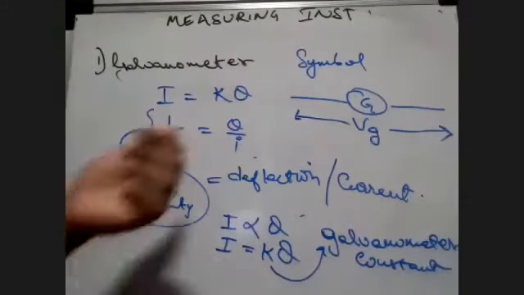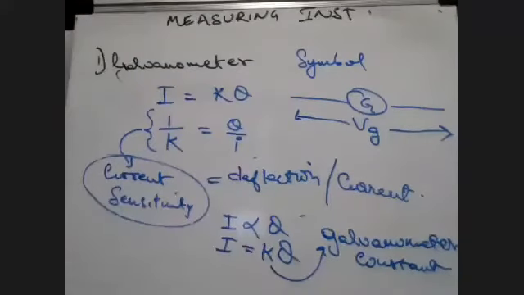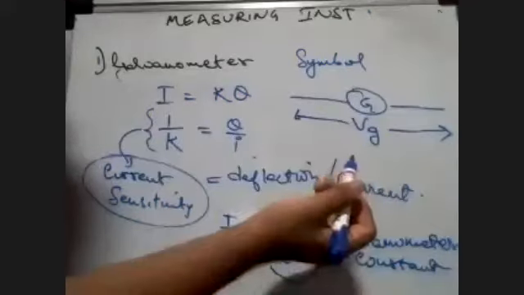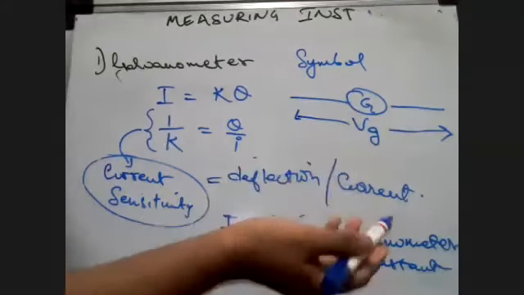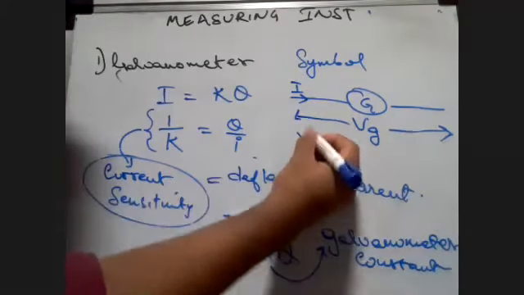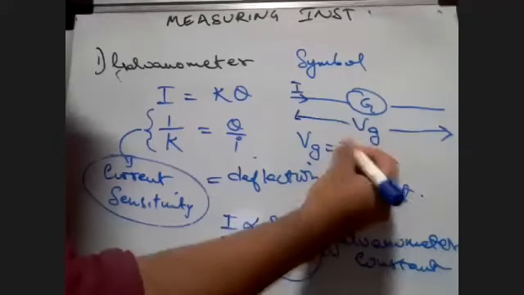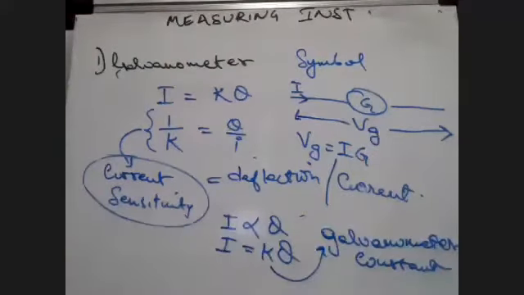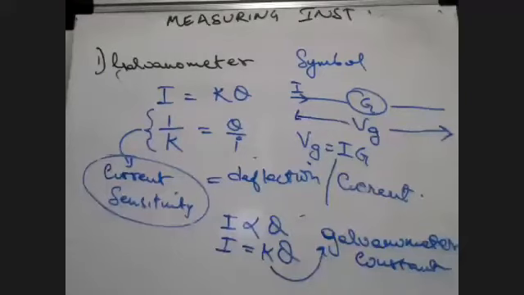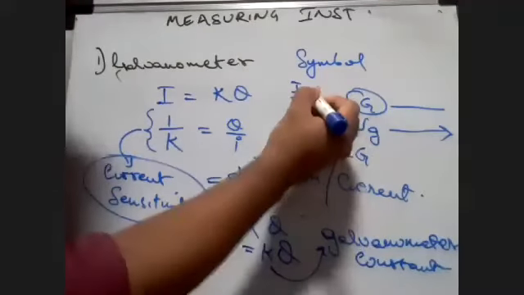Is that clear? So when you are trying to find the potential difference of the galvanometer, all you have to find is Vg. And Vg is equal to what? Just consider this G to be a resistor. For now, let's consider that the galvanometer has some resistance. If a current is passing through the galvanometer, can I say that Vg is equal to I times G, where G is the resistance? It comes from V is equal to IR. Yes or no?